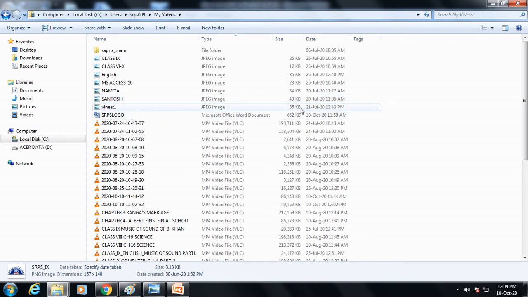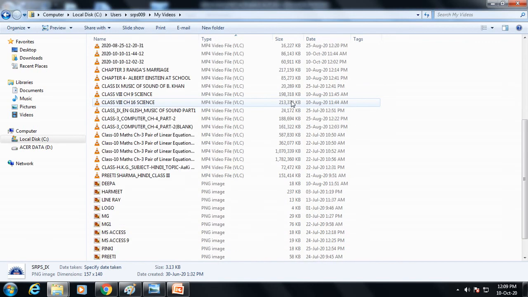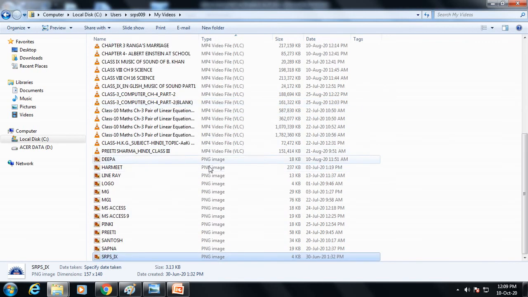Beneath one, 35 KB, means these files are using memory in kilobytes. Now see, these are PNG files. These are also consuming memory in kilobytes, 18 KB, 237 KB, 13 KB. So these are the files which are consuming computer memory in KB.